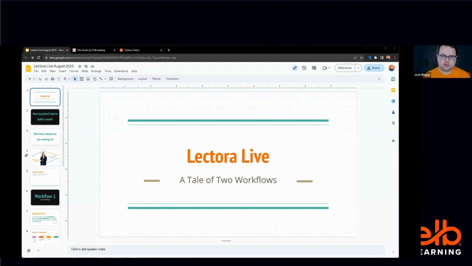Let me go ahead and hide these controls here. The webinar description talked about how we're going to show how Lectora can be used, how you can set up a